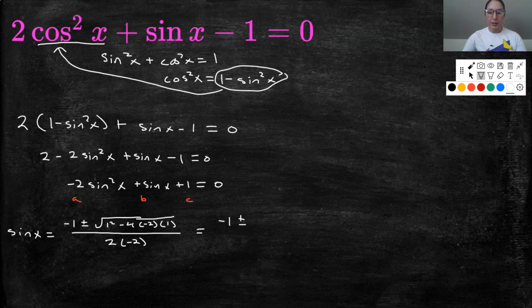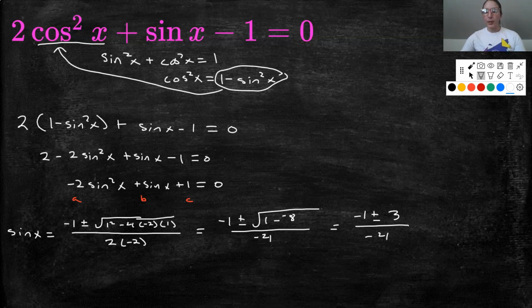Negative 1 plus or minus the square root. 1 squared is 1. 4 times negative 2 is negative 8. So 1 minus negative 8 then up here over negative 4. So we have negative 1 plus or minus 1 minus minus 8. That'll be 9. Square root of 9 is 3